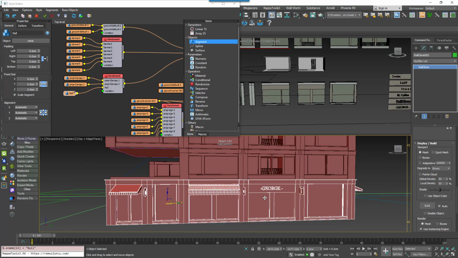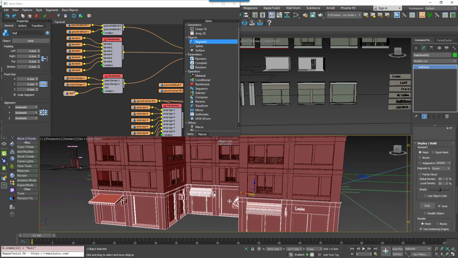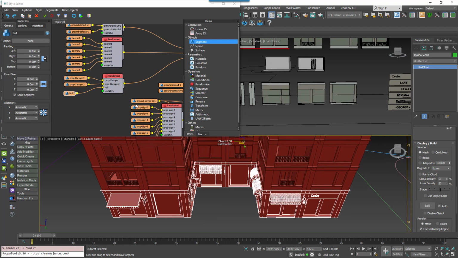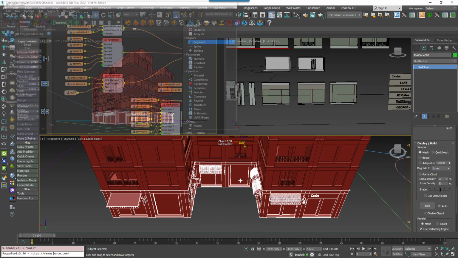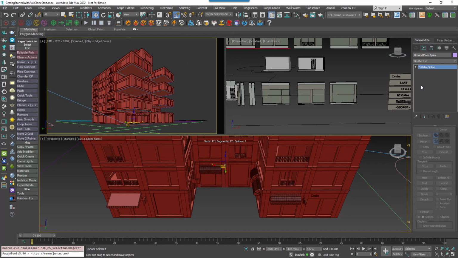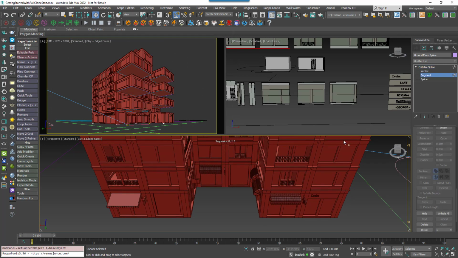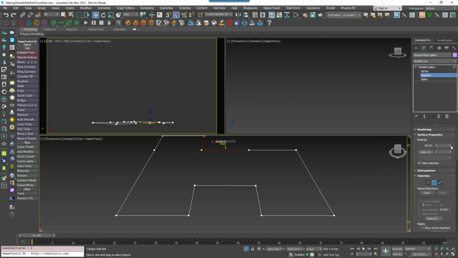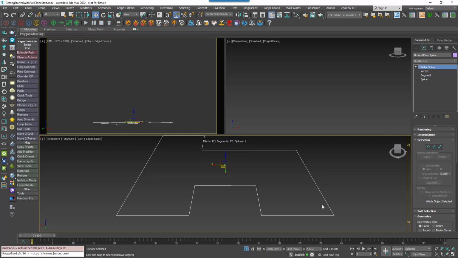I can further control things using material IDs, so maybe I don't want canopies in these little sections here. So what I'll do is I'll go to the base spline, I'll change the material ID to 2, and the same on the other side where I don't want canopies. Once that's done, I'll come back to the graph,